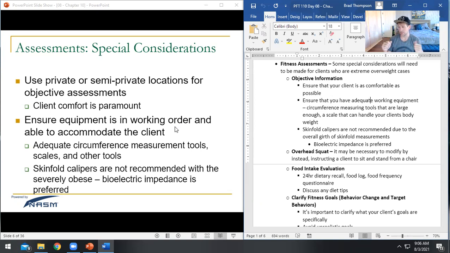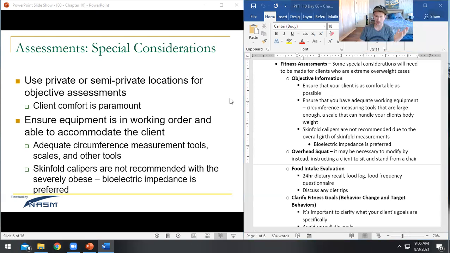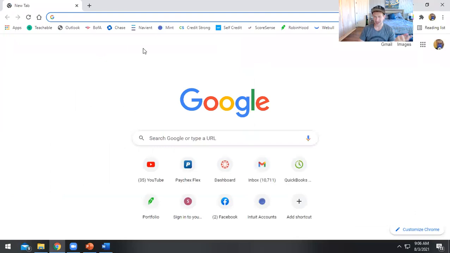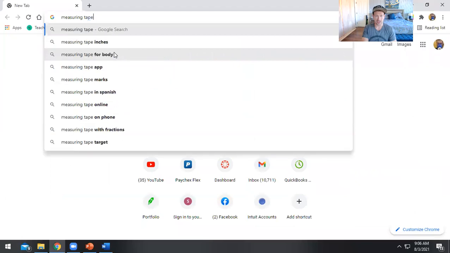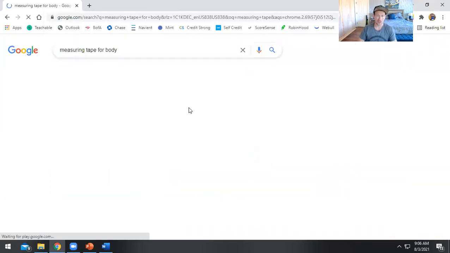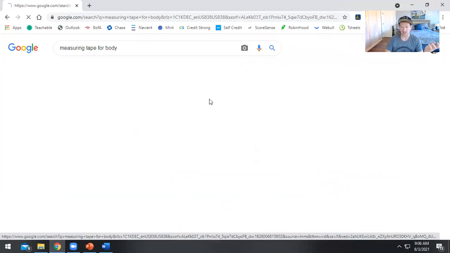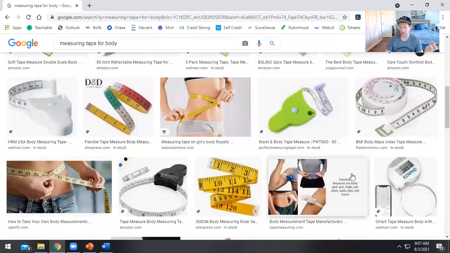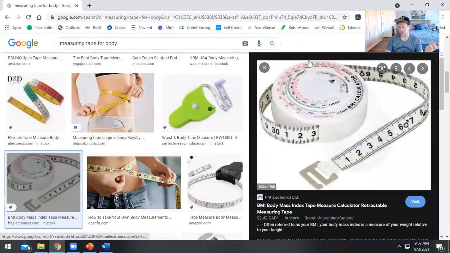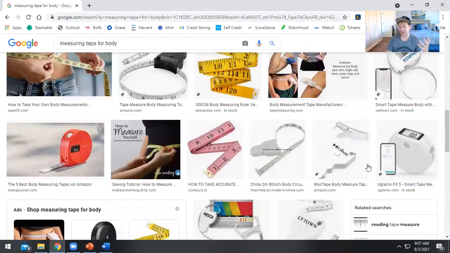Make sure that your circumference measurements use a version that is very easy to be very accurate with. I will say the version of the tape measures that we give you at Sochi, I'm not a huge fan of. I've been trying to get them to get better ones for a long time. Measuring tape for the body. A lot of times we give out these little circle ones here. It's okay. I mean, it's not terrible, but if you can get one that is a little bit more